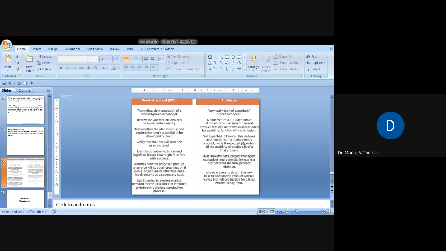So if we want to make 100 copies, 1,000 copies of the same product, the prototype will give you enough evaluation, experiment, and feedback to show what things are to be changed, what minor corrections are to be made here and there, so that you can have the real manufacturing in large quantities. So that is the idea.